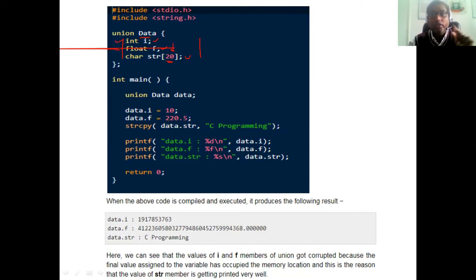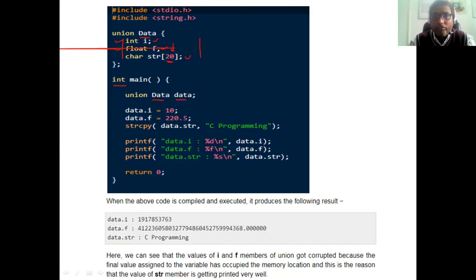It is allocated only once and it is shared by all the other members. For example, in this case, we have written the main over here. We have created a data member, or we can say we have created a variable of union. So we have created data.